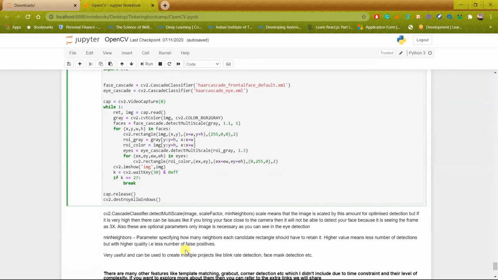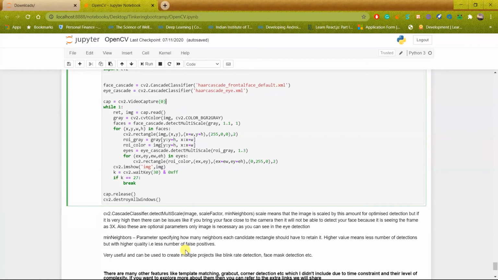So this can be used to create multiple projects like blink rate detection. I created blink rate detection software for a car safety mechanism. So you can use these simple functions to create very powerful programs which can be used to solve your day-to-day problems.